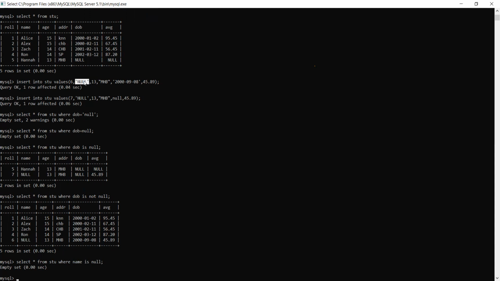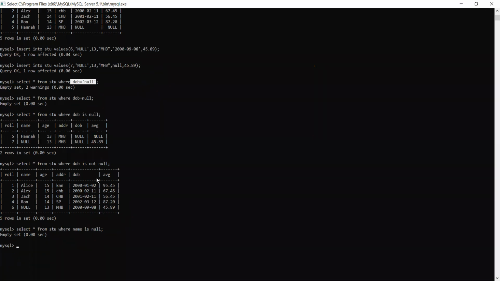What MySQL has understood is that null is nothing but the name of the person. And if it is the name of the person, it is just like Alice and Alex and Jack. So you can simply write is equal to, and then check for that. But again, I'm repeating, this is not the correct method to insert a null value, and this is not the proper method to check for the null value. It means you are not writing a null value only. So that is how we are going to handle the null values.